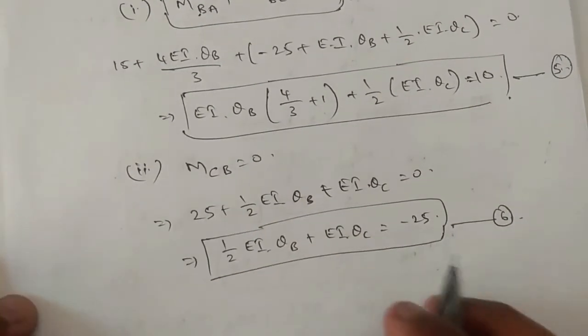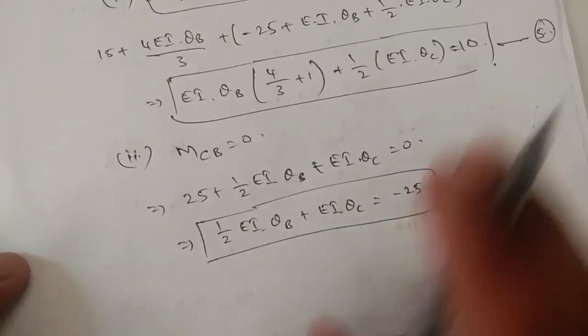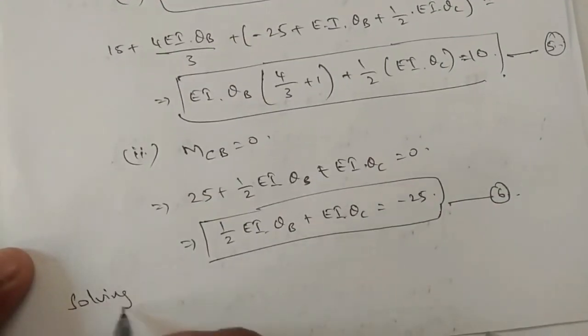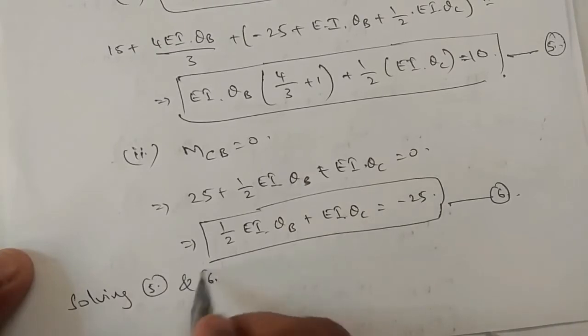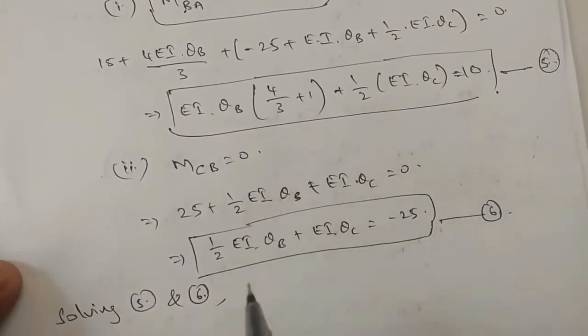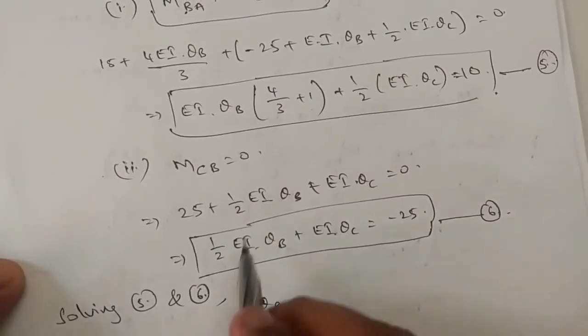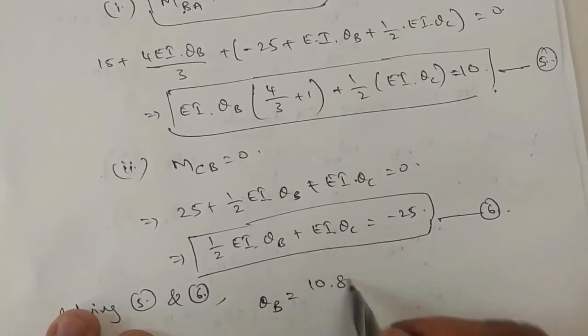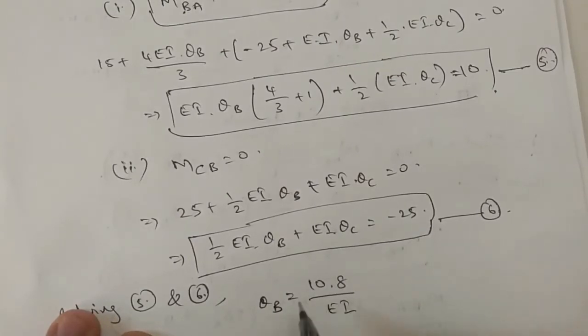Okay, now you solve both equations 5 and 6 in Calc. You will get the value of theta B and theta C. After solving these two equations in Calc, you will get theta B value is 10.8 by EI